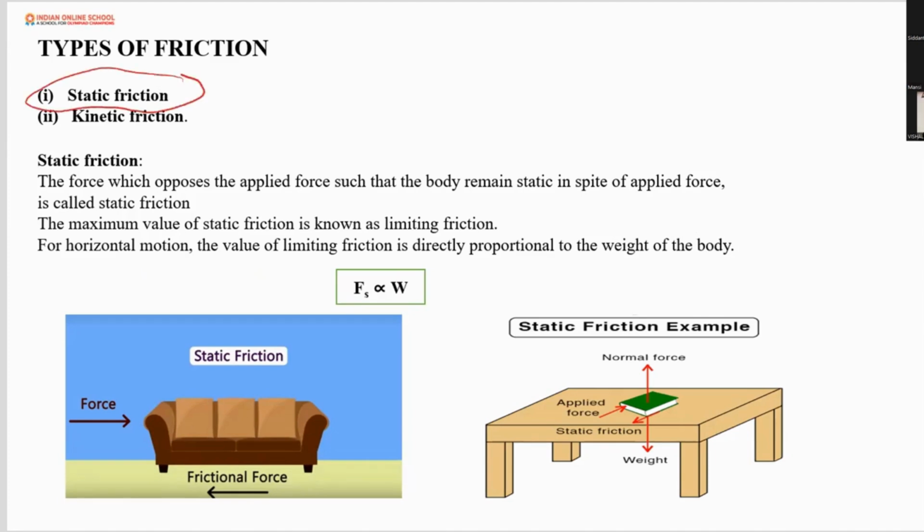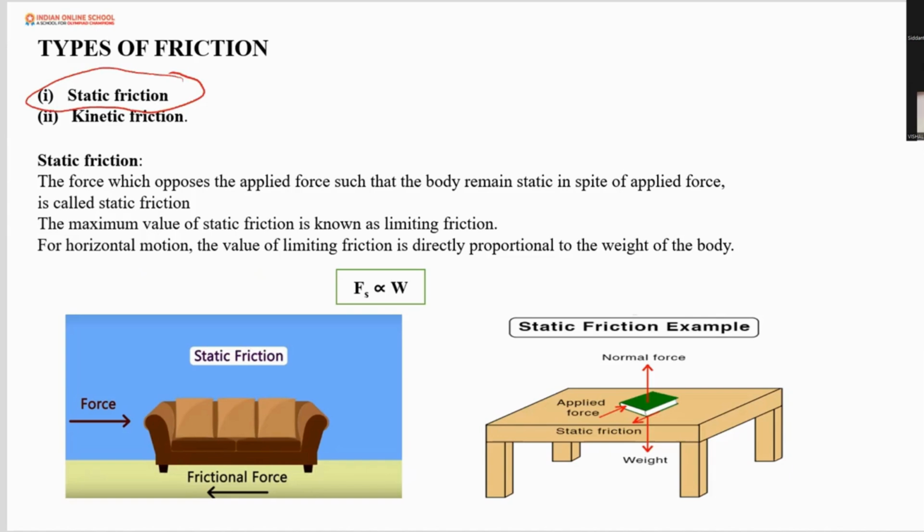And when the object starts moving, at that time, is there any friction or is the friction zero at that time? Friction is there, but the value of friction will reduce. And the friction which is acting there is called kinetic friction. So, see, when something is at rest, at that time also friction is acting. But that friction is called